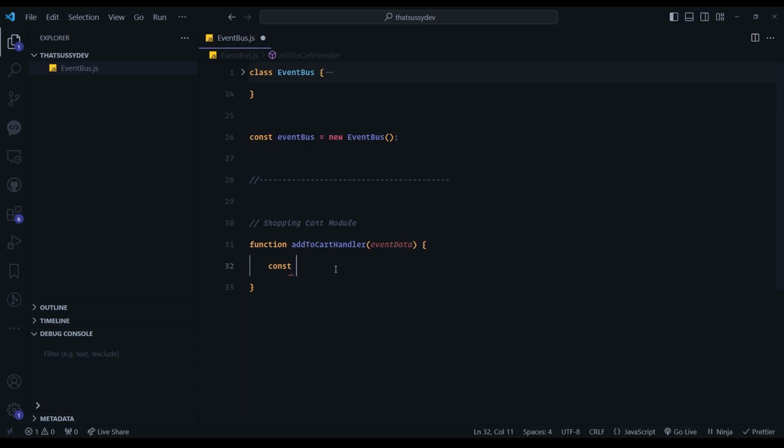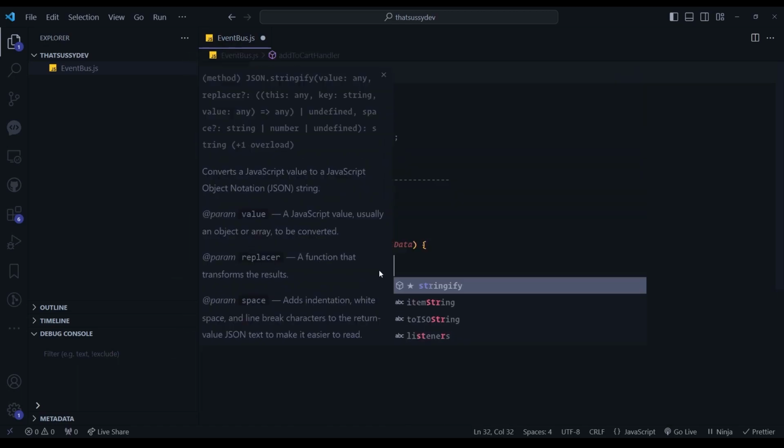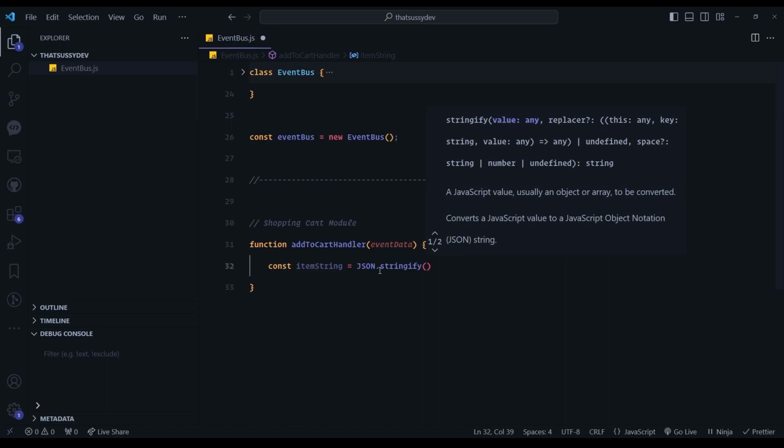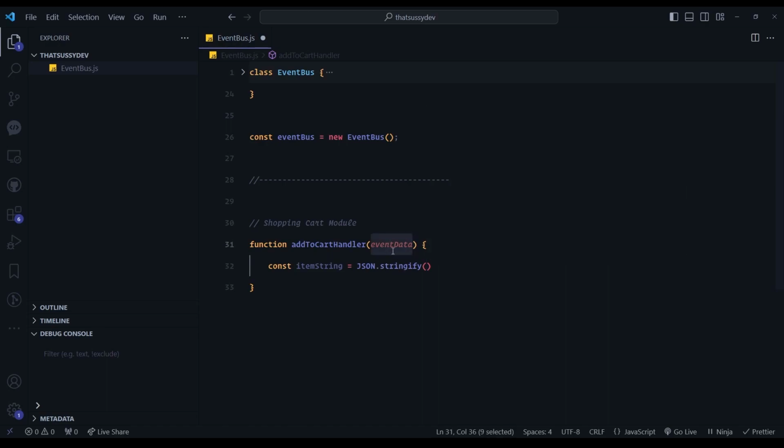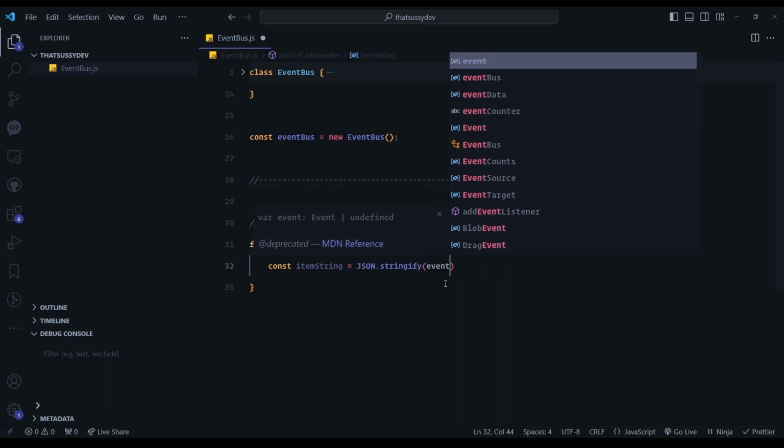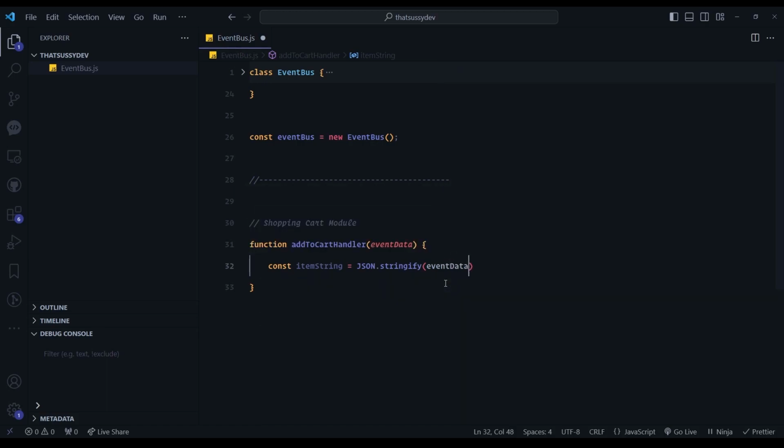So let me just create an item string that I am getting, which will basically be stringifying this event data, JSON.stringify. Again, why are we doing this? Because we are passing an object here, which we need to stringify to show in the console, which I will log. So it's like event data,